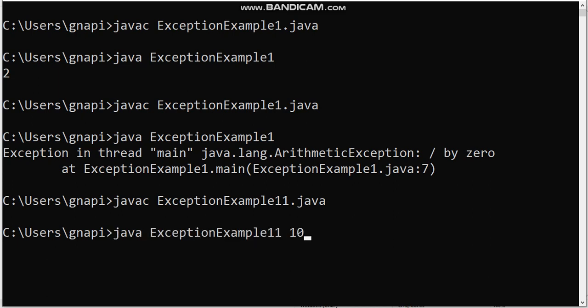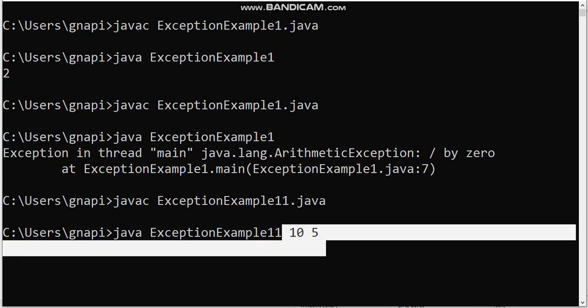Here I am passing 10 and 5. These values are called command line arguments. Okay, if you want, you can pass the values to your program at the time of executing the program like this. Okay.